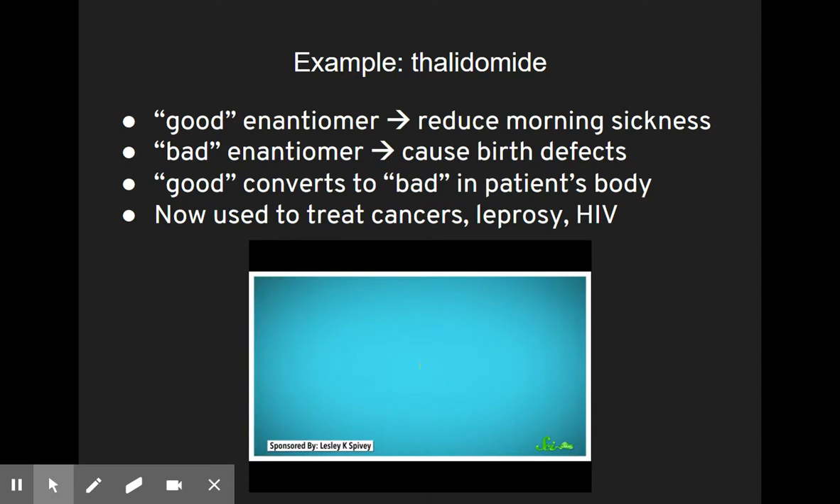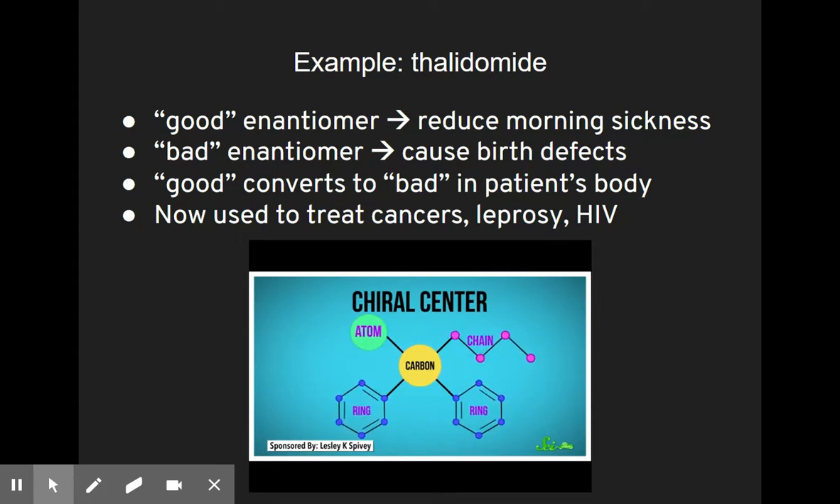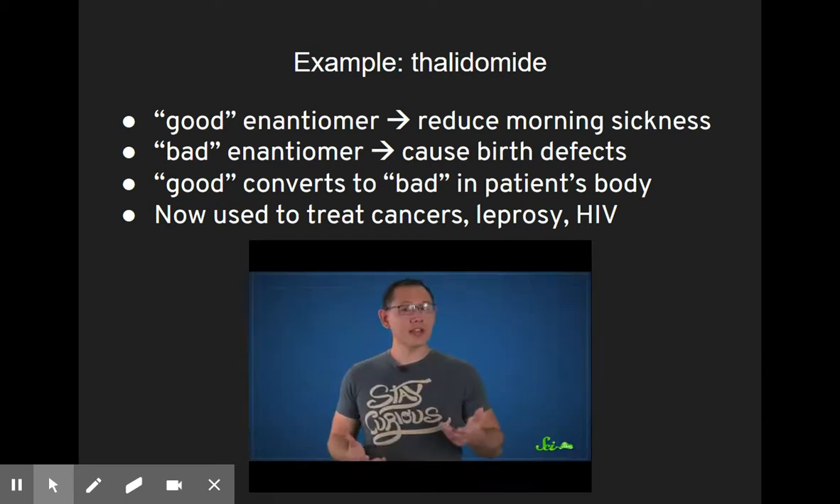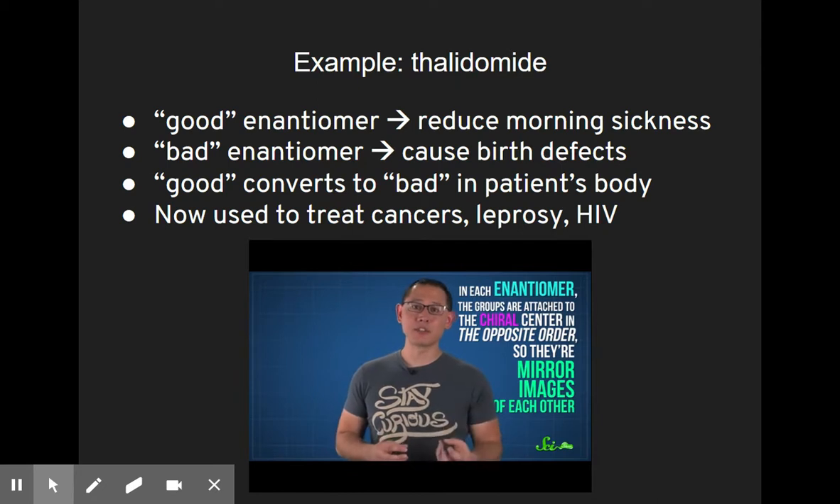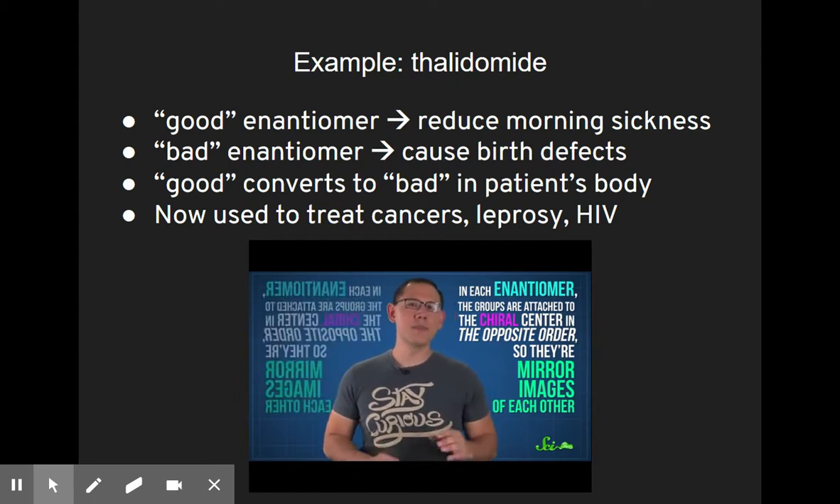A chiral molecule has an atom, typically carbon, with 4 different groups attached to it. That's called the chiral center. A group can be anything from a single atom to a long chain to rings. In some cases, 2 groups can even be connected. These groups are kind of like your fingers. In each enantiomer, the groups are attached to the chiral center in the opposite order, so they're mirror images of